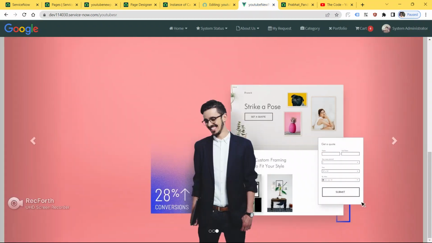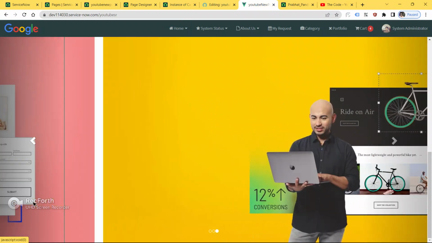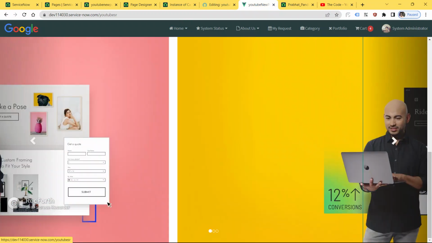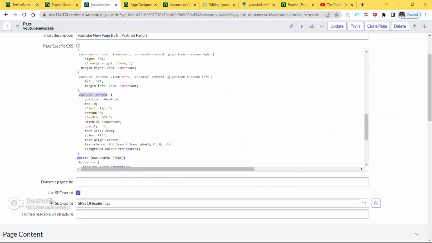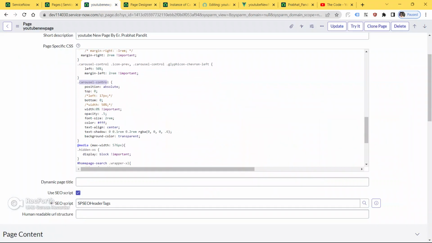As you can see, guys, this is the carousel control, meaning the left and right icon. It is given position relative, top left, bottom 0, width 100%.